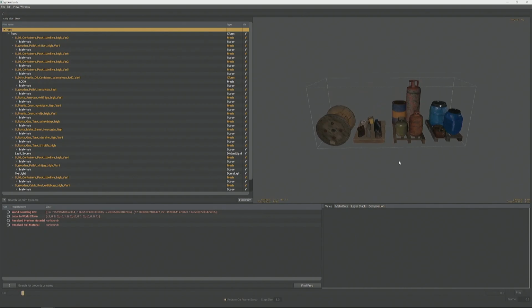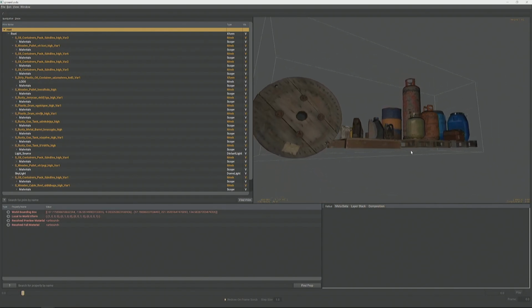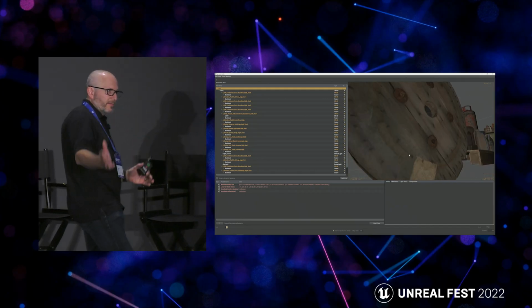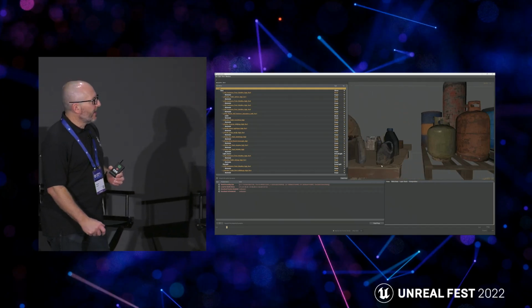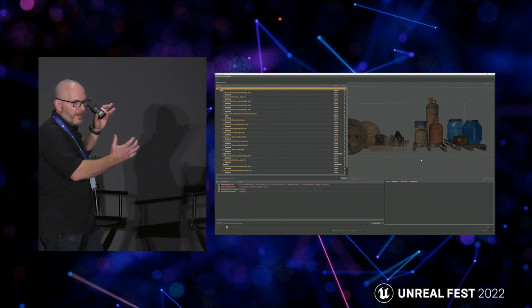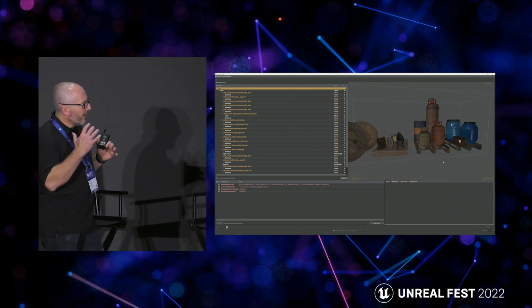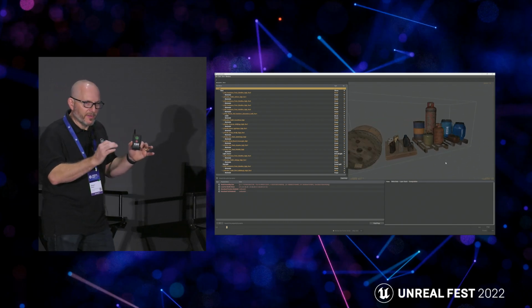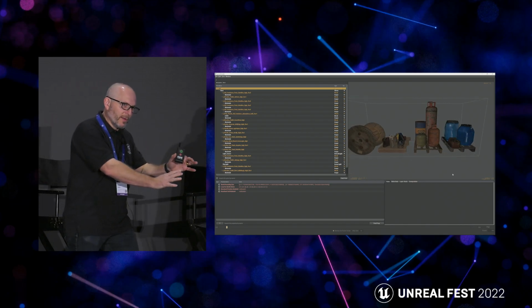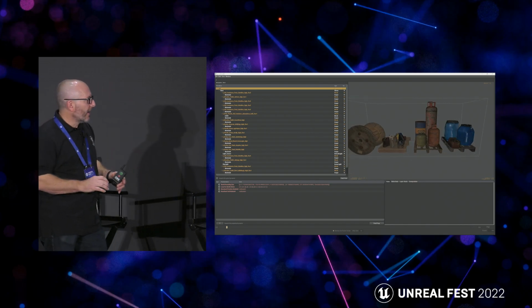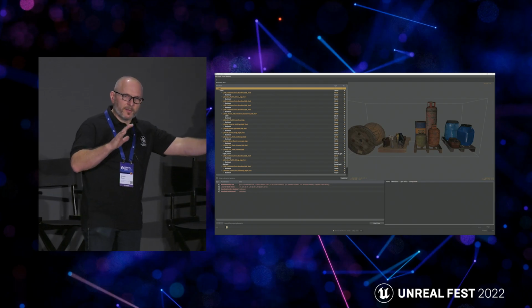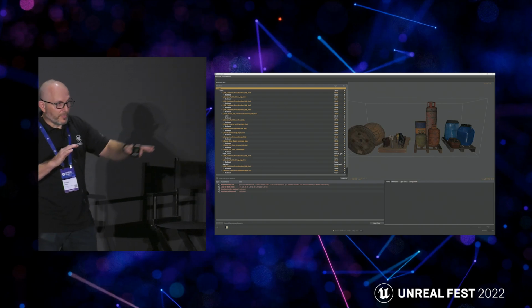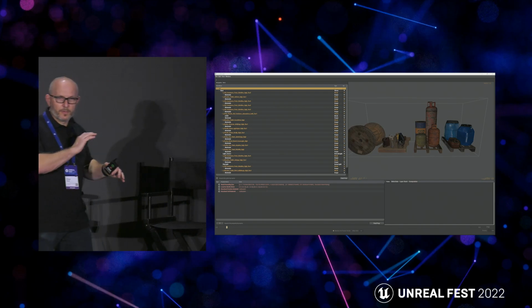There's one thing, from an earlier slide, where we talked about Nanite. If you're not familiar with it, Nanite is new tech that came in 5.0, and it lets you bring in incredibly high resolution assets and presents the asset back to you based on your camera position. If you're really far away, it will be really low resolution. If you're really close, it'll be high, and it will even change the resolution of the surface as the surface is further from you. So a really big surface will be much lower res further away.